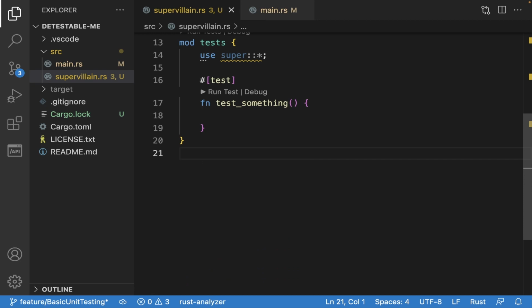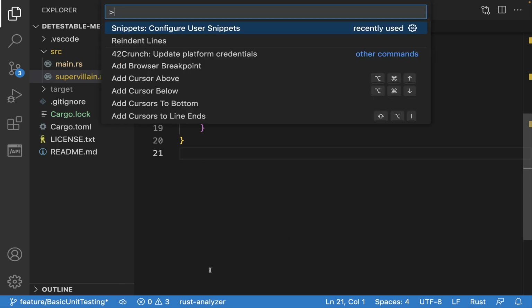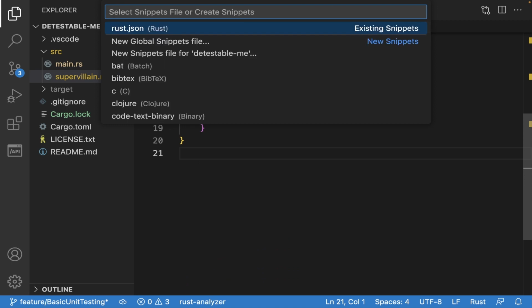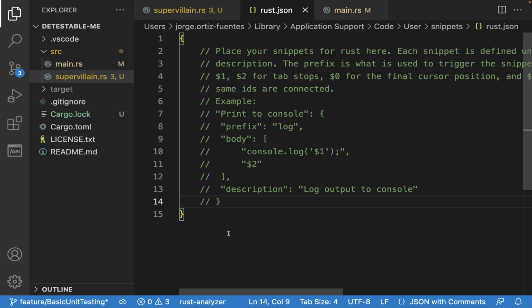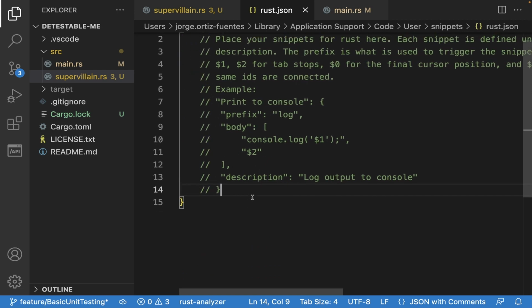Sometimes you even may have some particular needs that you want to solve through a snippet. So in case you have those, let me tell you how to create your own snippet. So you use Command-Shift-P if you're using a Mac, and then search for snippets and look for this option here that is pre-selected for me because it was the last one that I selected. Then you will look for Rust. In my case, there are existing snippets. In your case, it will probably be new snippets. So here you have the ability to define your own snippets. And using the syntax that is explained here very briefly, you can have your snippet defined and use in your